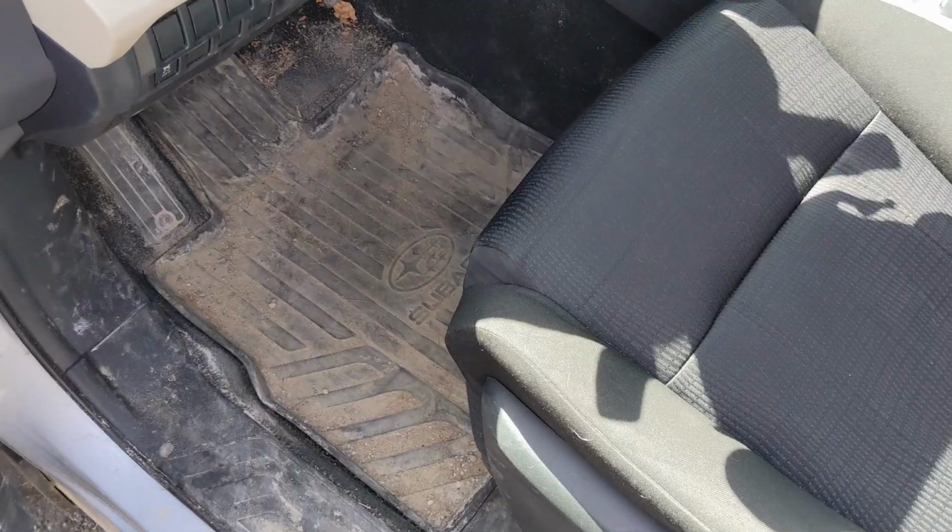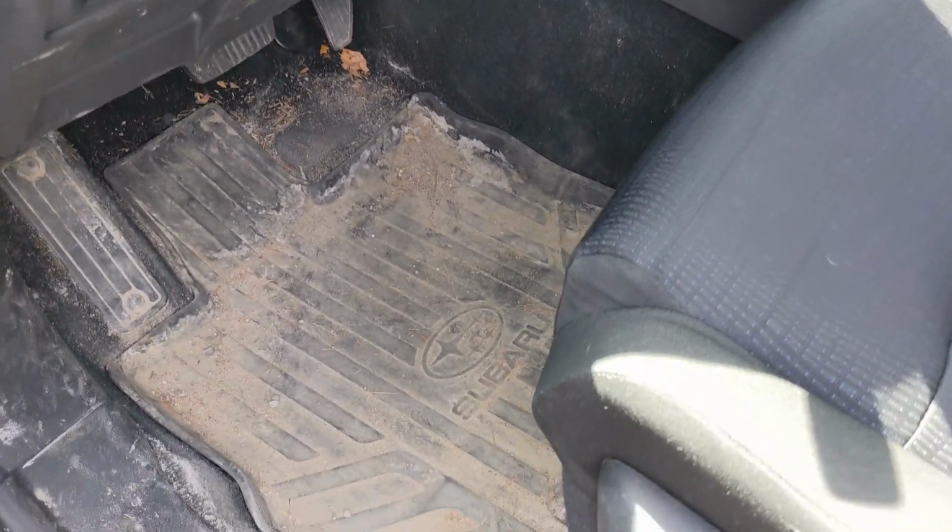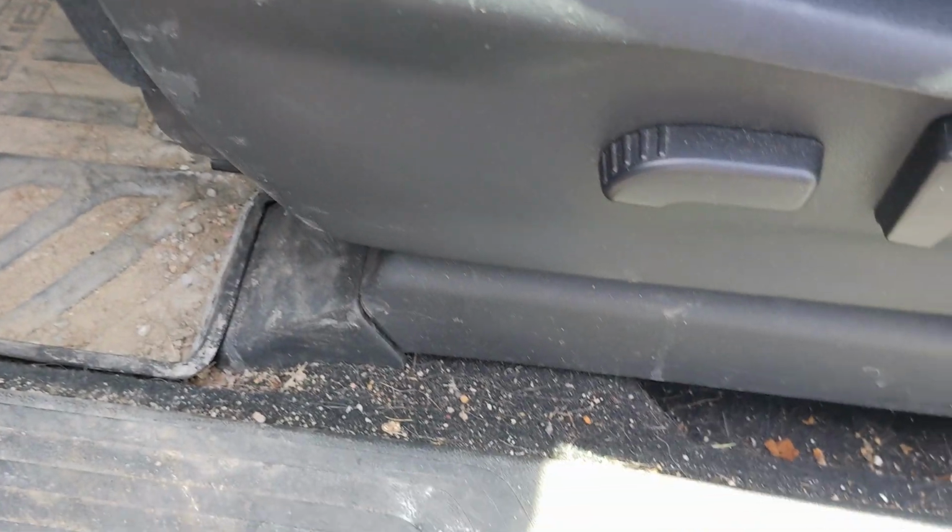So the driveway is done. It looks fantastic. And now we have to move to what sits in the driveway, which is the vehicle. And yeah, you can see there's